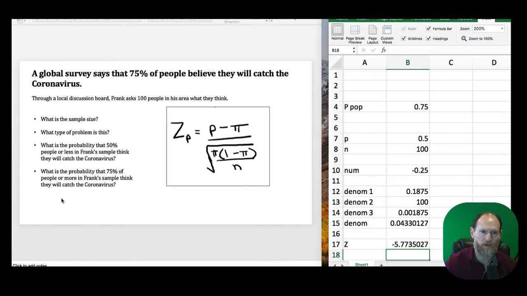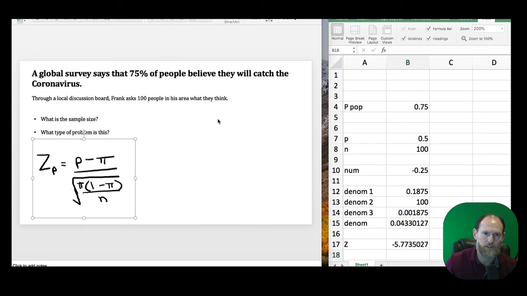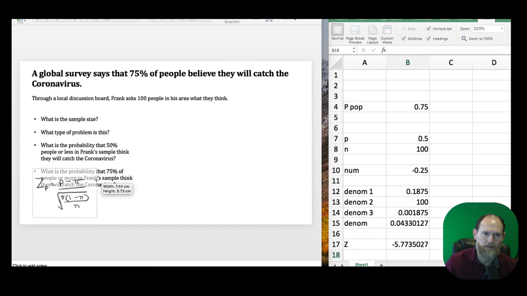Now let's look at the second question here. What is the probability that 0.75 of people or more in Frank's sample think they will catch the coronavirus? So here we need to think about this, and with this type of problem, what I would do is first draw it. So we're still going to use this formula. I'm going to put this over here and shrink it down a little bit,